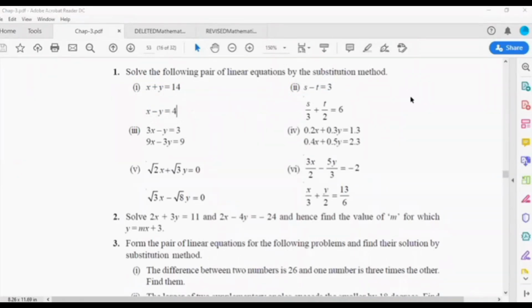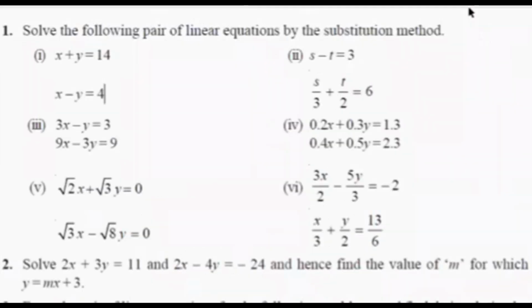I think this graph is consistent because a1 by a2 is 1 by 1, but b1 by b2 is minus 1. So definitely the graph will be consistent and there will be a unique solution. So I shall simply show here. This is very simple. From the second equation, you can write x is equal to, if you move minus